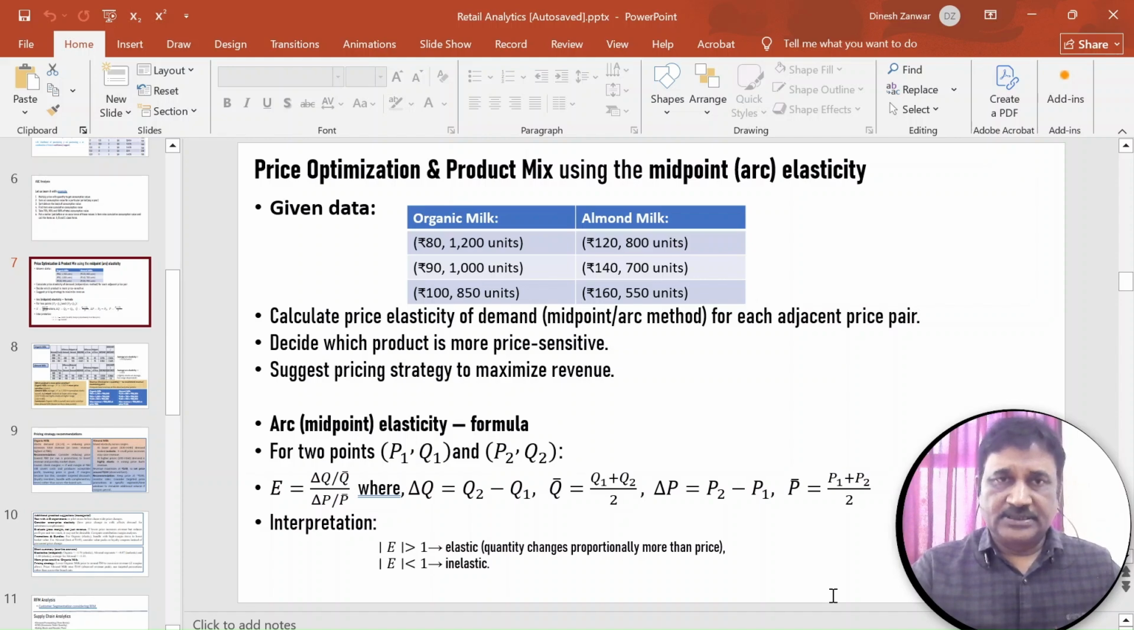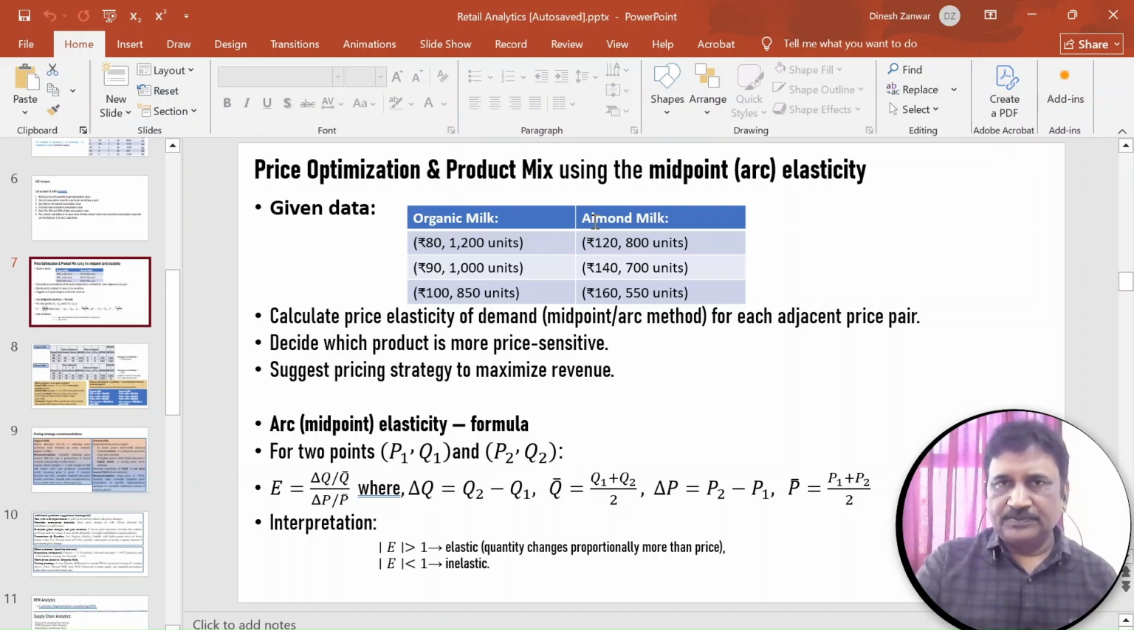In this example, we are considering two types of milk, organic milk and almond milk. As you know, if the price is reduced, the demand is expected to increase. So we have three data points in this example for both types of milk. At a price of rupees 80, the demand is found to be 1200 units within a certain period of time. If the price is rupees 90, the demand reduces to 1000 units. And if the price is 100 rupees, demand reduces further to 850 units in the case of organic